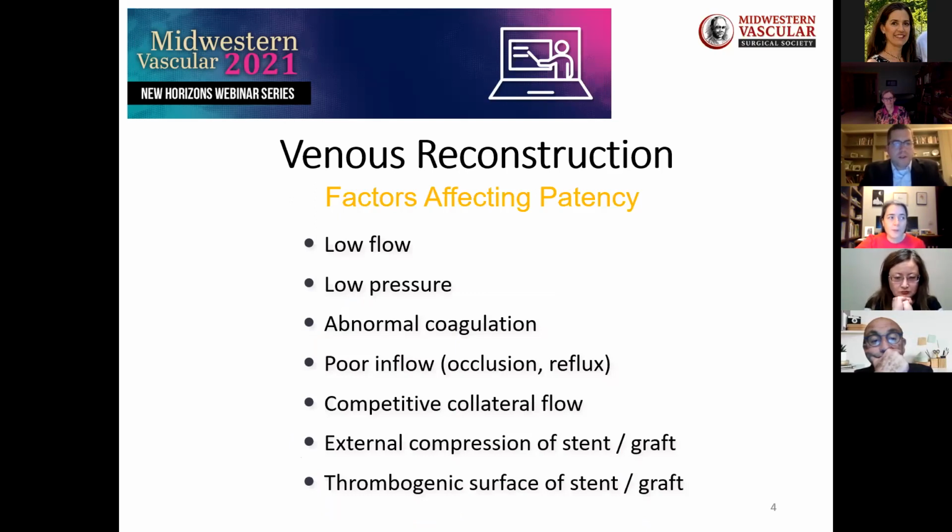The low flow and low pressure system of the veins really makes this a much more difficult reconstruction to stay patent for long term. Abnormal coagulation: a lot of these people have difficulty with abnormal coagulation coming in, which is what has set them up to have DVTs. Poor inflow from post-thrombotic syndrome, occlusion or reflux, competitive collateral flow from the chronic obstruction, and external compression of the stents or grafts that have already been placed in thrombogenic service of those stents and